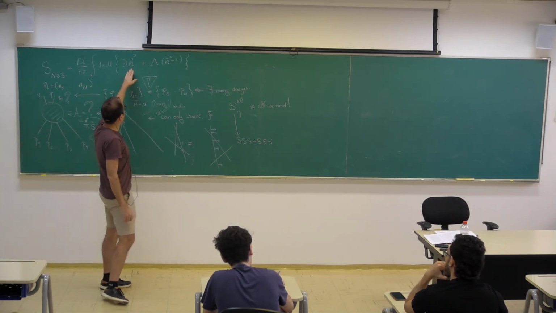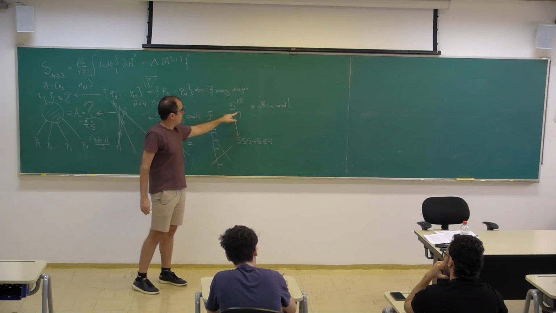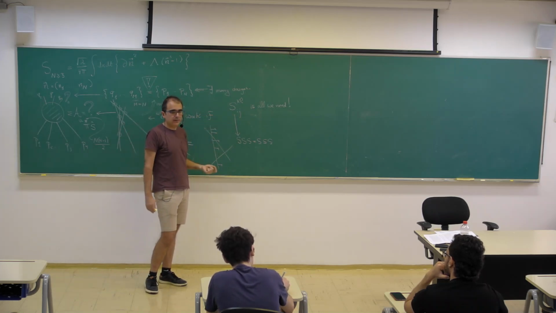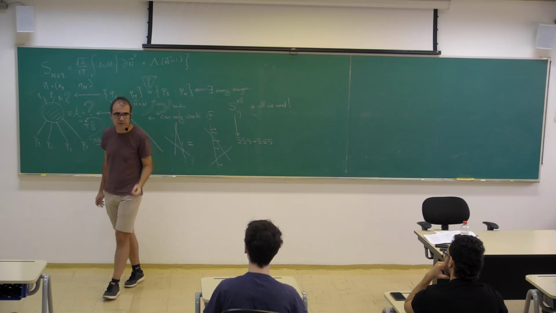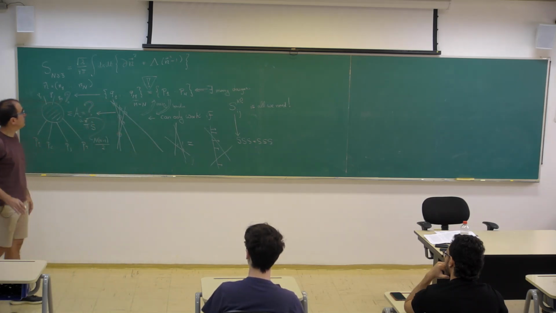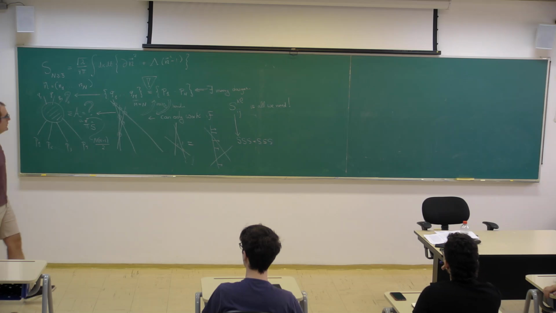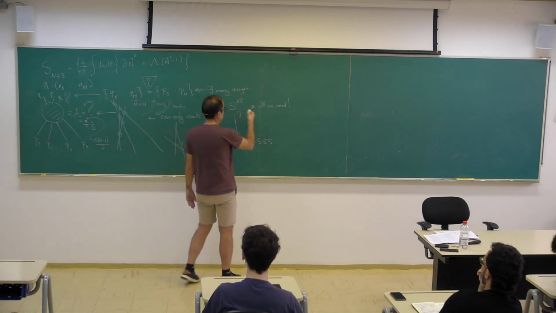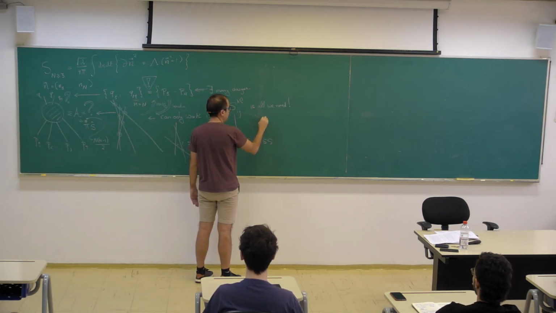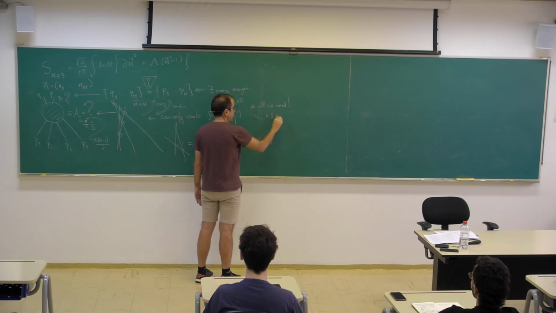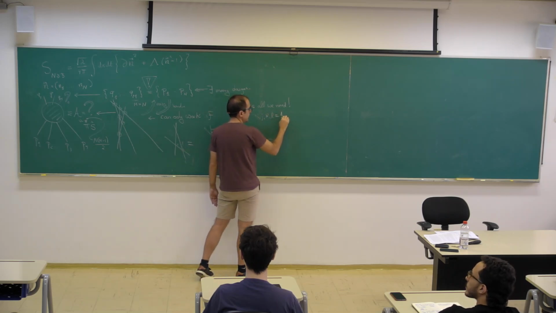Okay. Now we have this model. What are the indices i and j? What should be i and j? And I want to stress that this is a very non-trivial question. It's hard. What would you say? What are the values that i and j can take? Say from 1 to what?